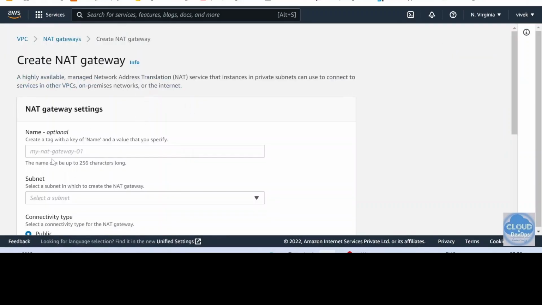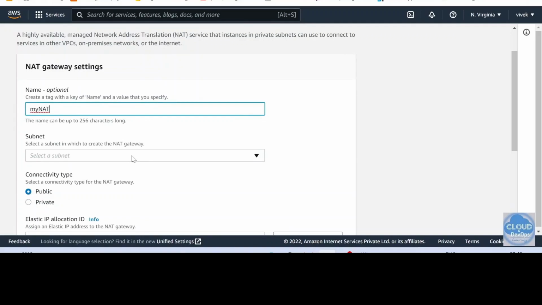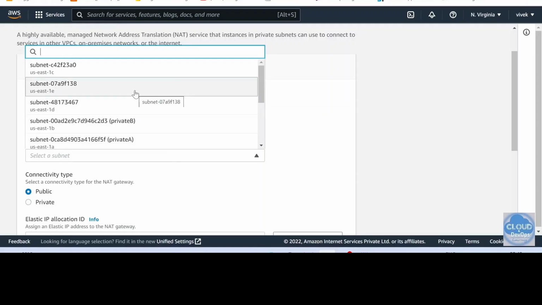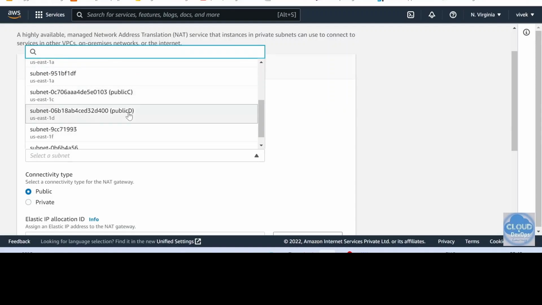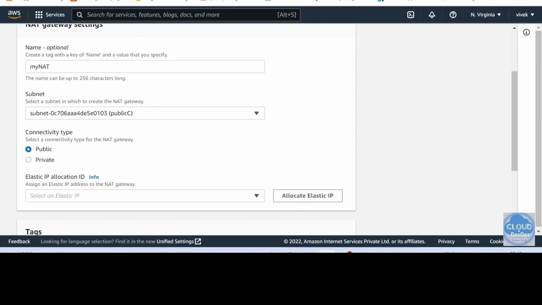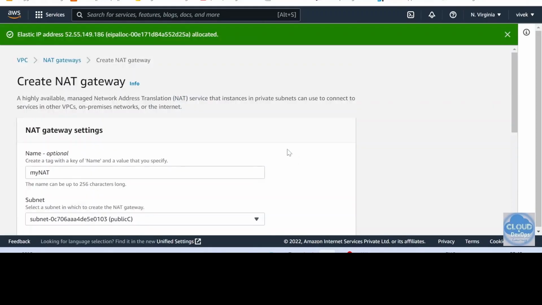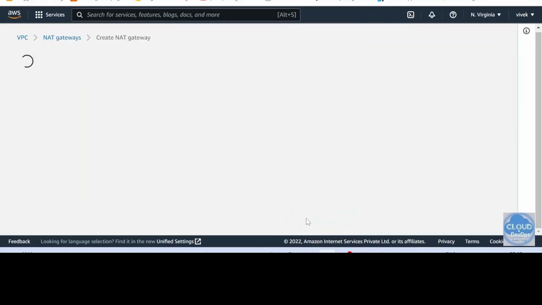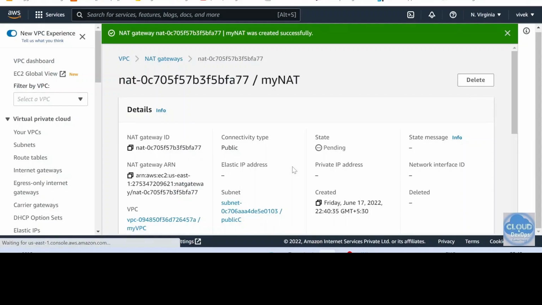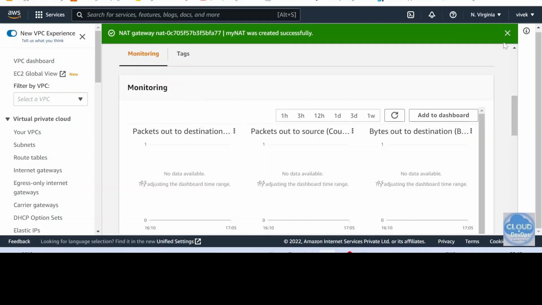So we'll click on create NAT gateway. We'll give it a name, MyNet subnet. So this is basically an important part in creating the NAT gateway. Usually we create the NAT gateway in the public subnet. So you remember we have two public subnets created, public C and public D. Let's choose the public C one. Connectivity type is public, it's fine. Elastic IP allocation ID. So we need to allocate an elastic IP for NAT. So create NAT gateway. So now the NAT gateway is created, and in the same way, we will have to